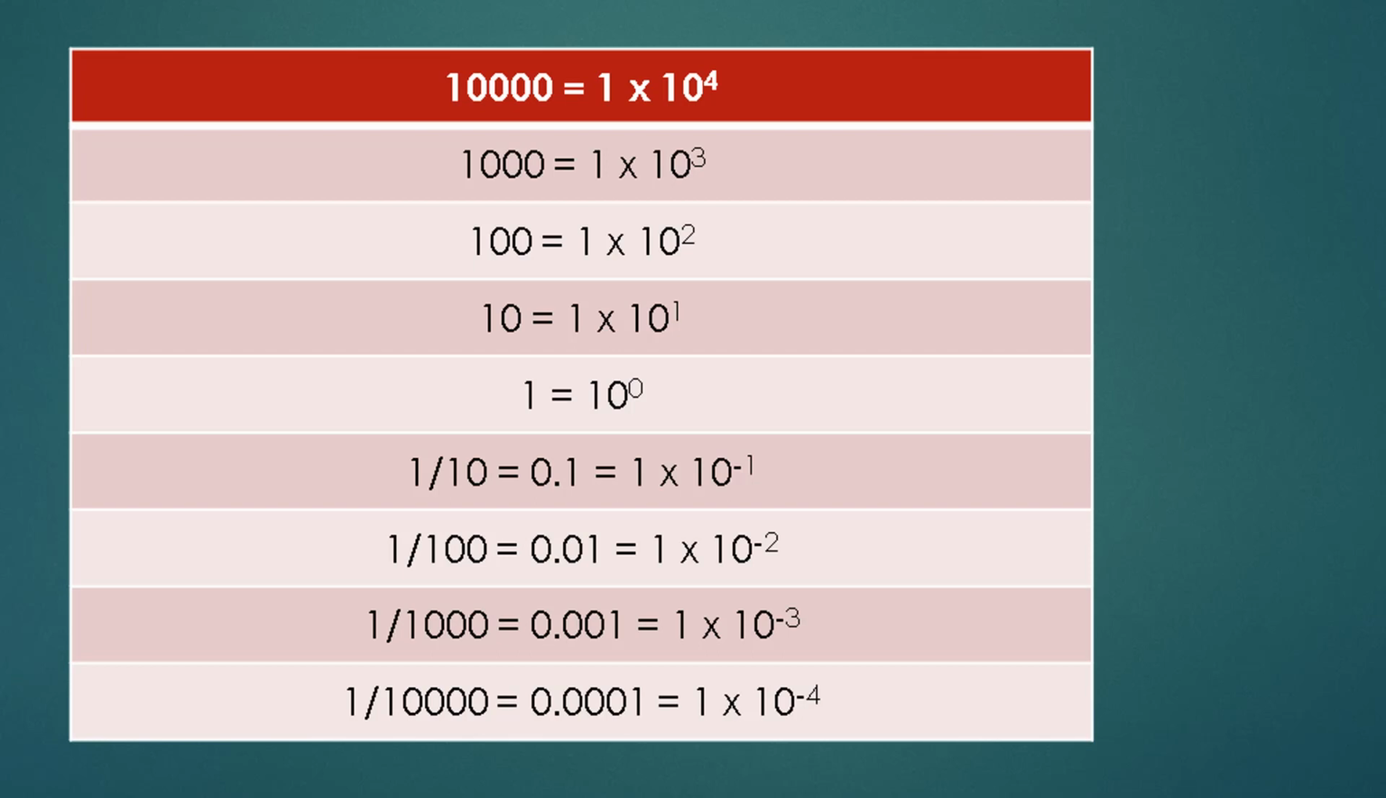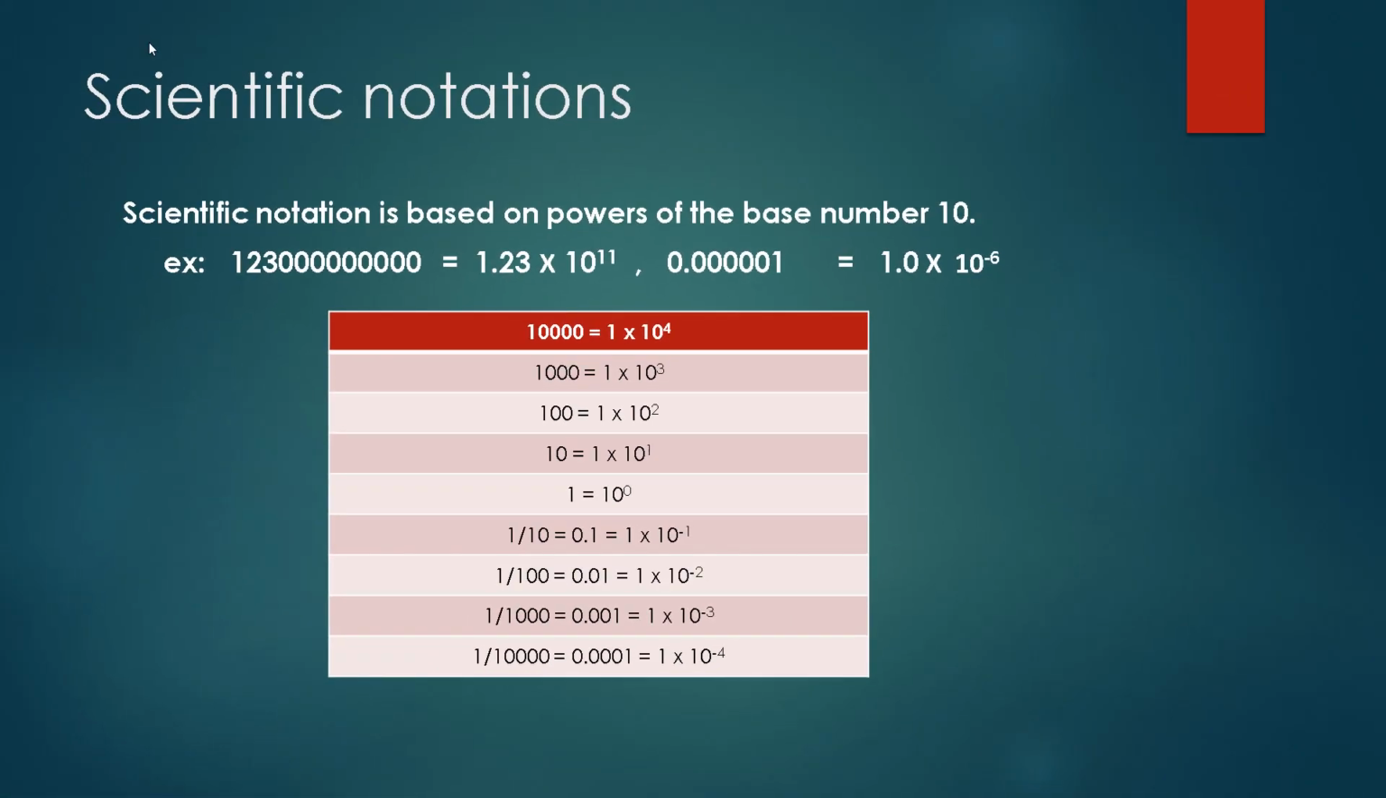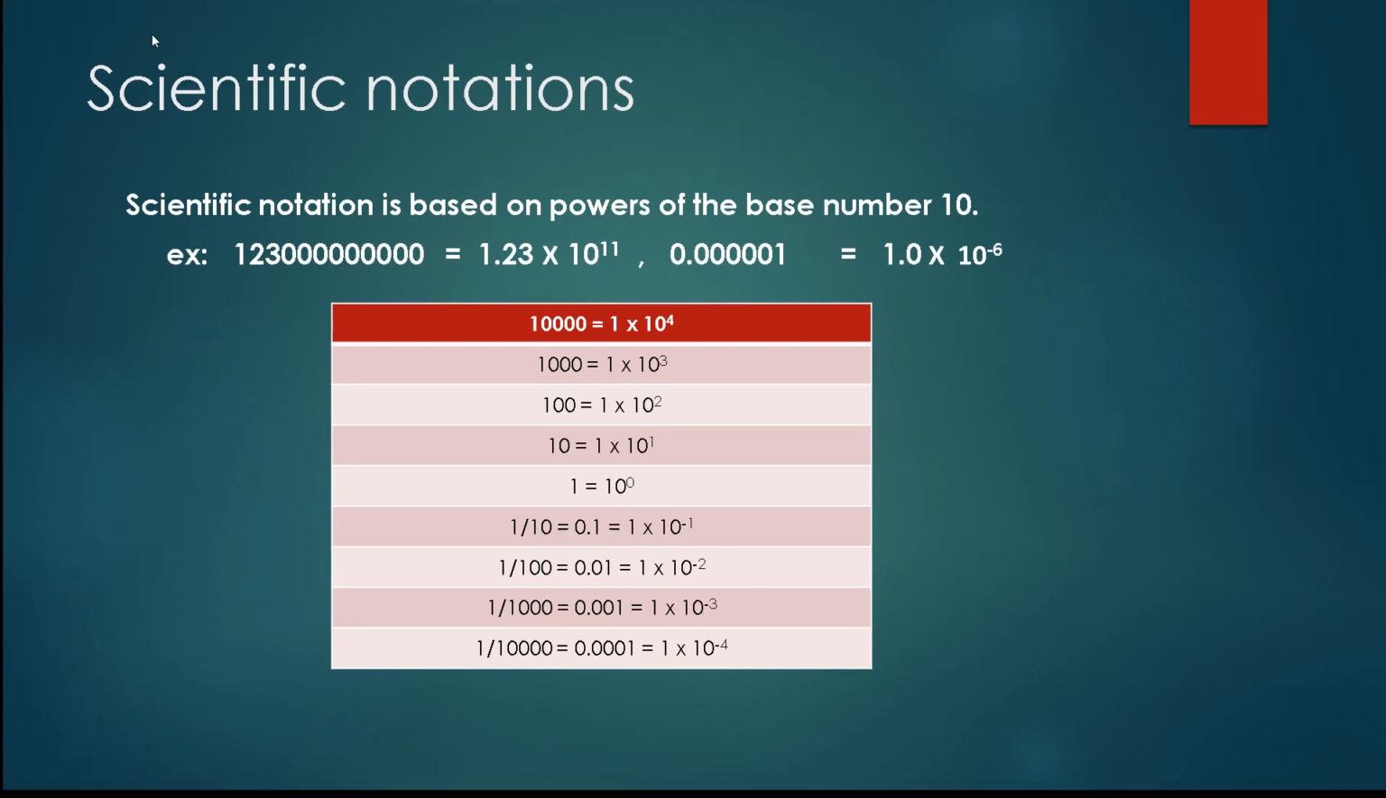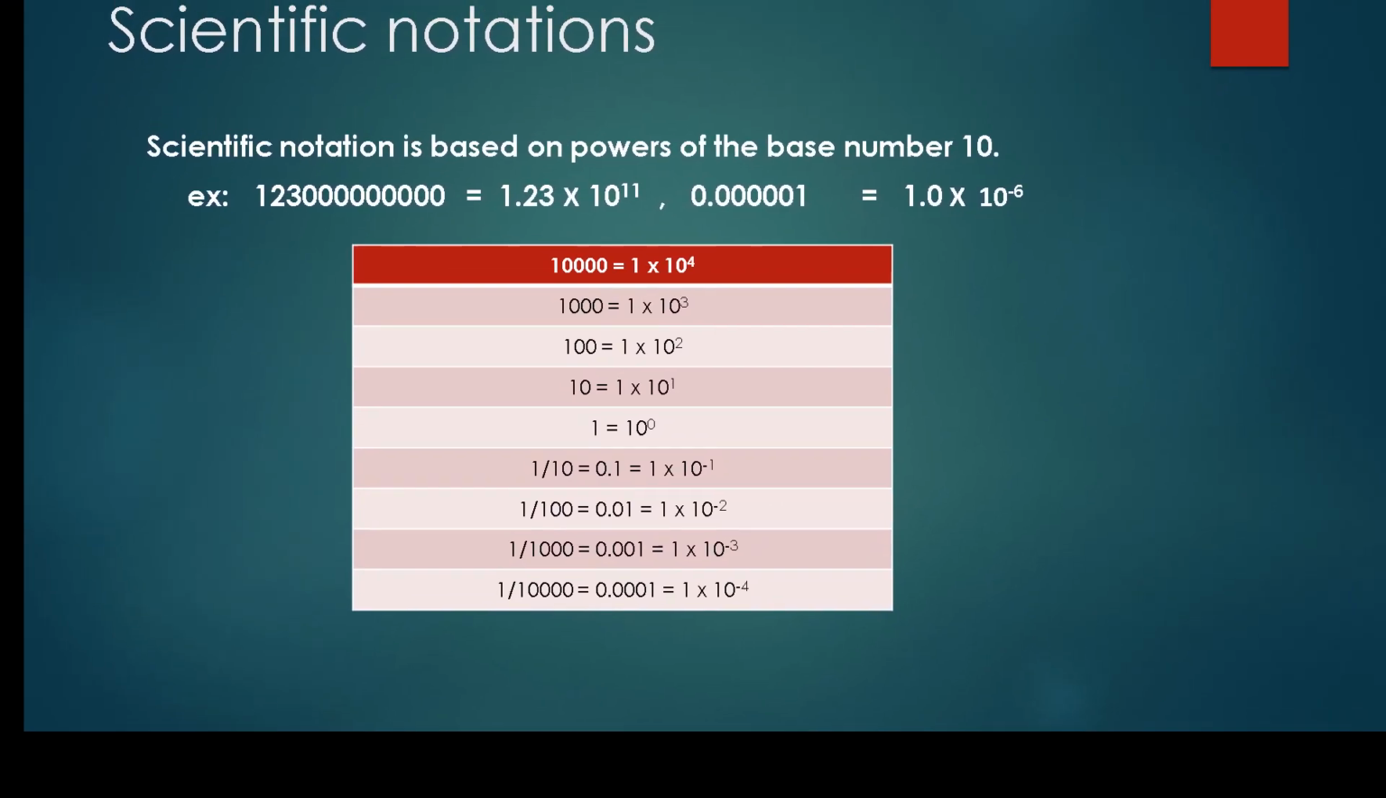Like this, 1 by 10 can be written as 1 into 10 raised to the power minus 1. 1 by 100 can be written as 1 into 10 raised to minus 2. And 1 by 1000 can be written as 1 into 10 raised to the power minus 3. So, like this we can measure anything and we can give scientific notation to any of the calculation or any